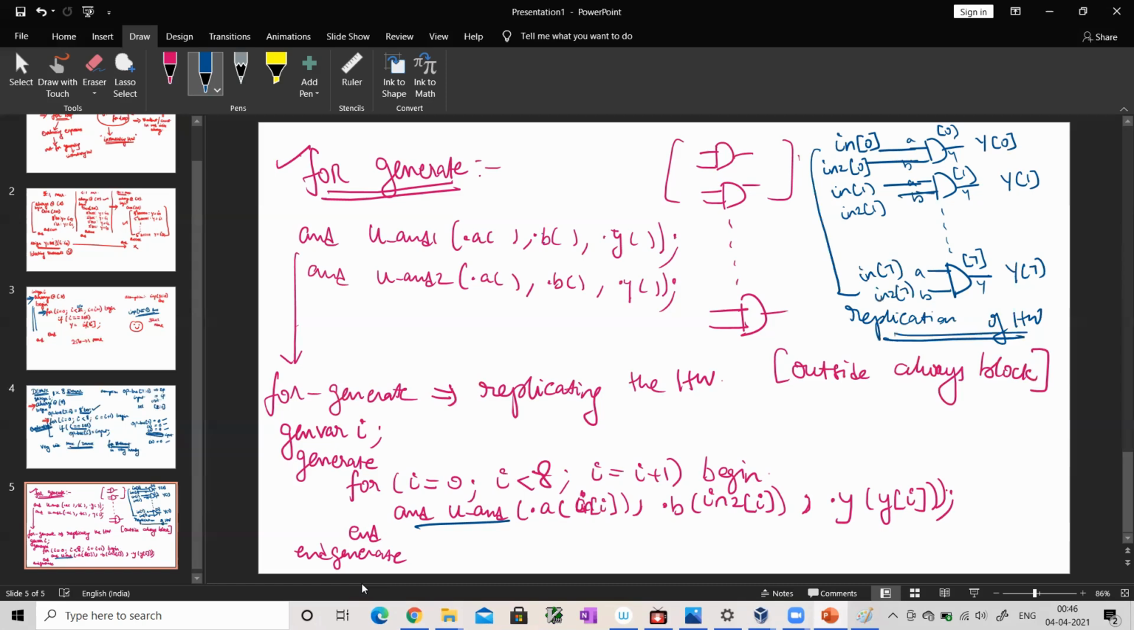Now why do we need to replicate hardware? There is a need to replicate hardware, whatever may be the reason. In my case, there is a need to replicate hardware. One simple example I can think of is